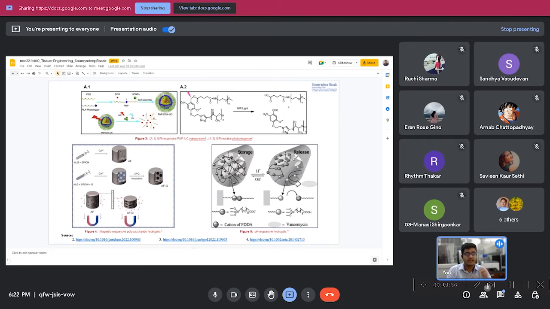For example, here what they have used is a polyethylene glycol and PLA, polylactic acid based copolymer block, with a photo trigger attached to its backbone. Okay. And they have used a payload of doxorubicin, an anti-cancer drug, and a UCNP, that is the up conversion nanoparticles. What is an up conversion nanoparticle? So this kind of system, the polymer composite, as well as the payload doxorubicin, and the up conversion nanoparticle,